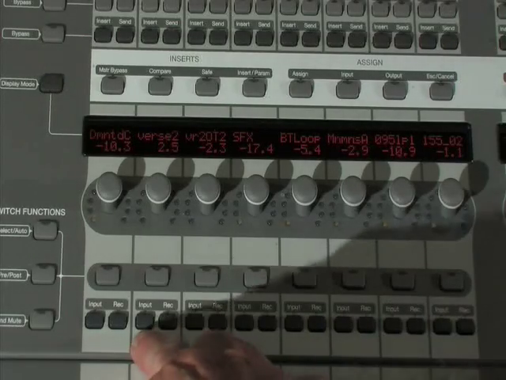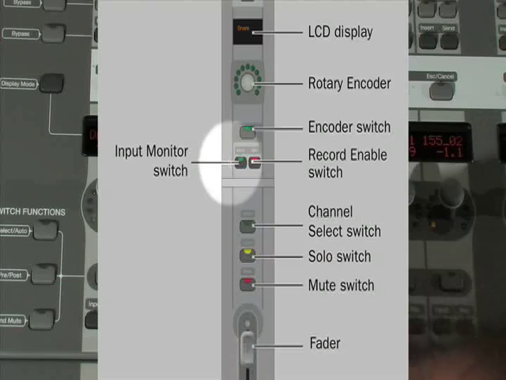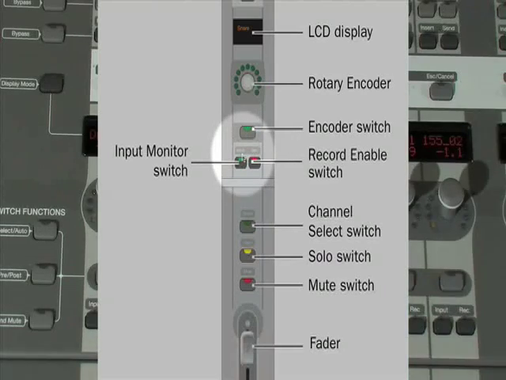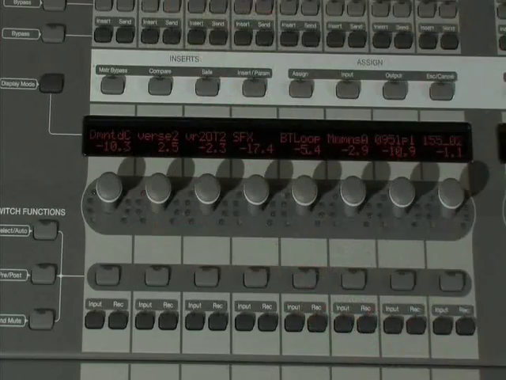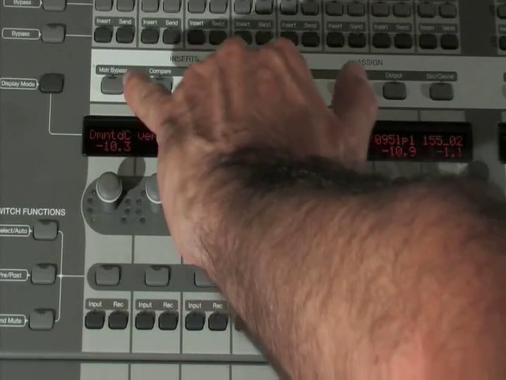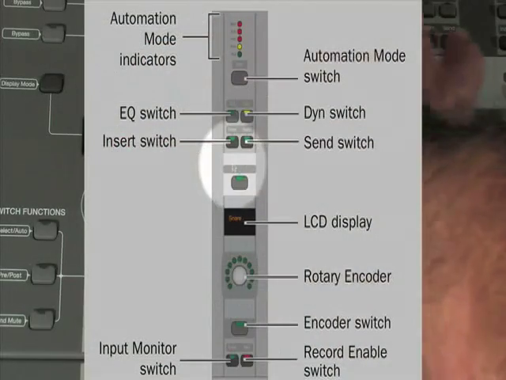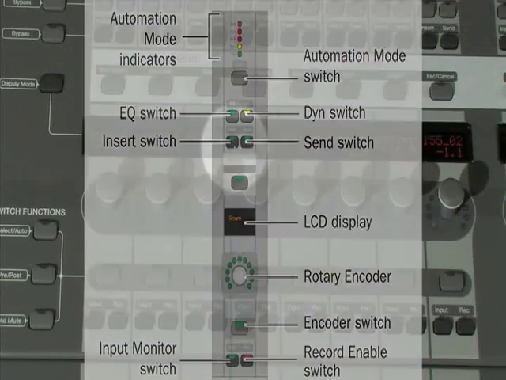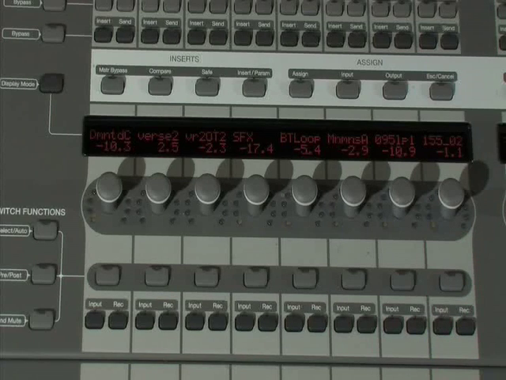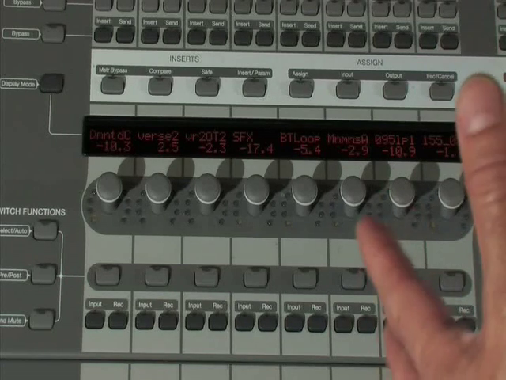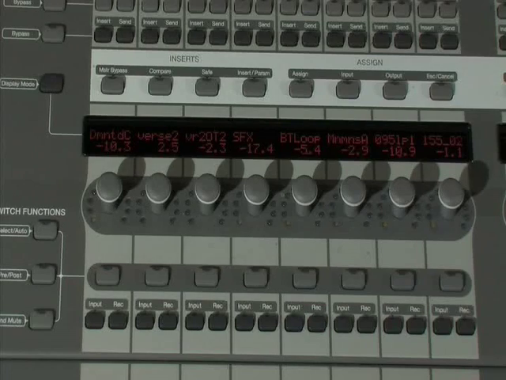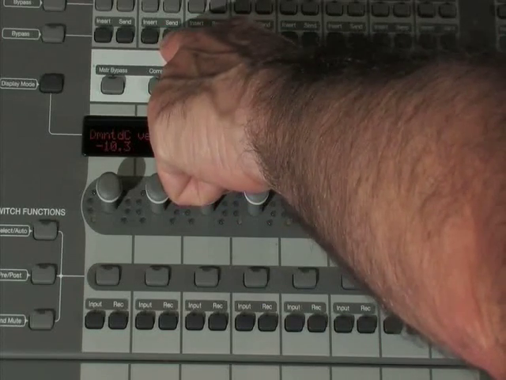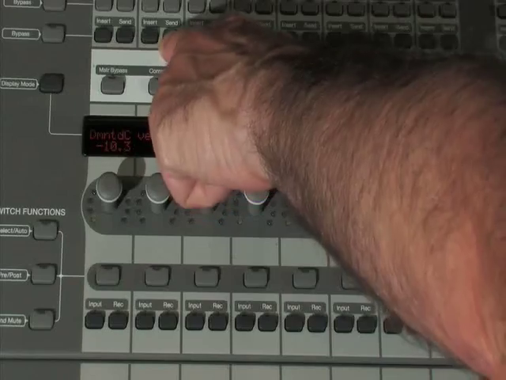Below that you've got an input button and a record ready button too. This little section is also useful because you can change its purpose. You'll notice above there are insert and send buttons, which you might just be able to make out. If a send has already been set up on a channel, and you can do this from the control surface, but that's a bit advanced for now, the send button will be lit, showing there is a send available on this channel. And by pressing the send button that is lit on this particular channel 2, for example, then we'll